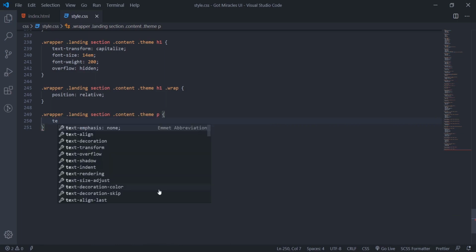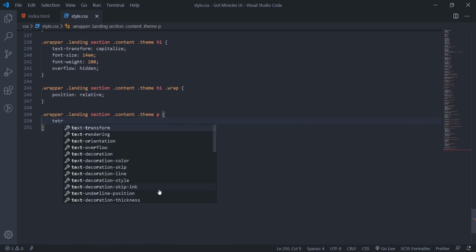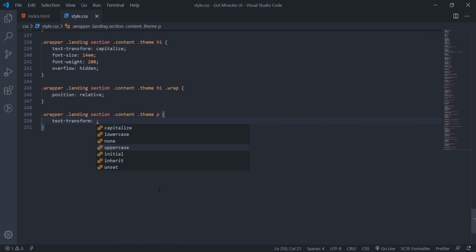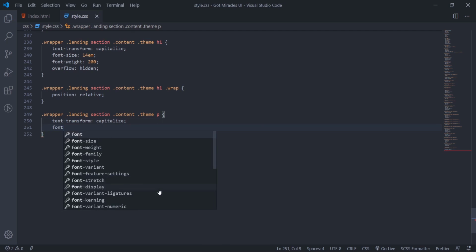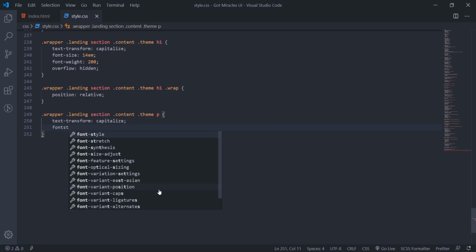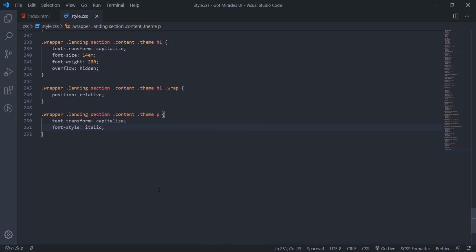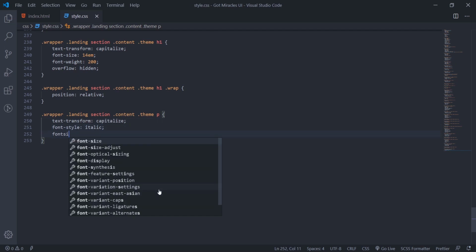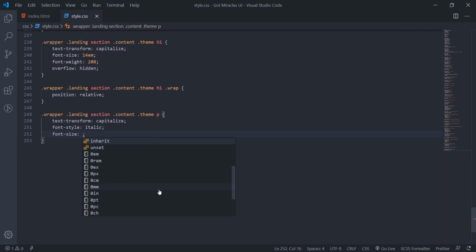I'll say text transform to capitalize, so that all of them will be capital letters. Then font style will be italic. And font size, 2.6 em.